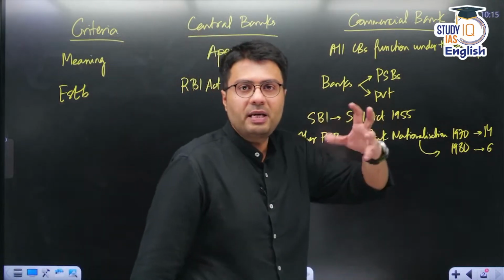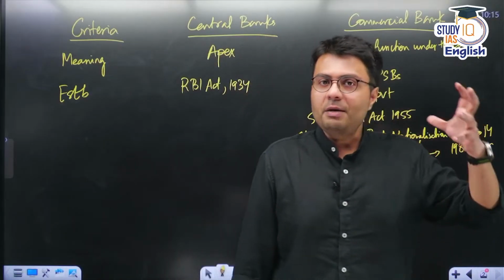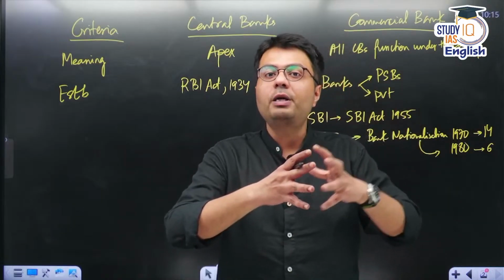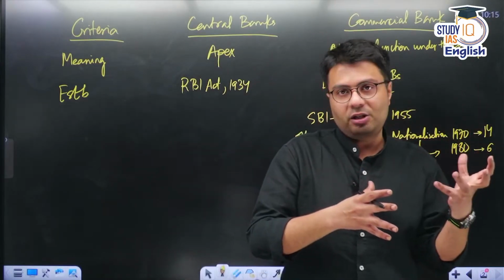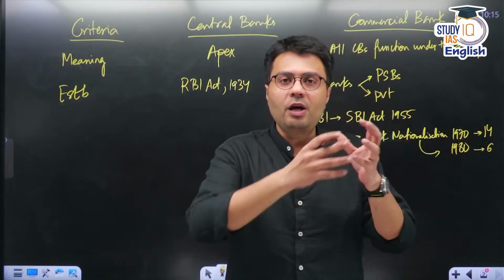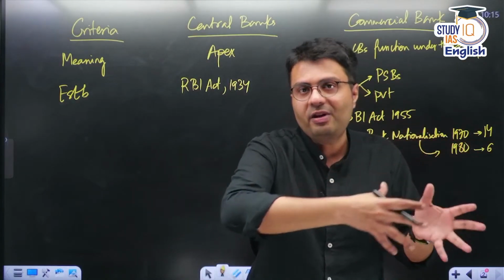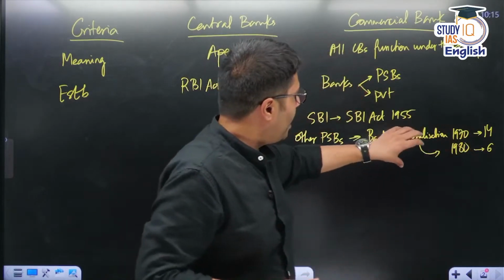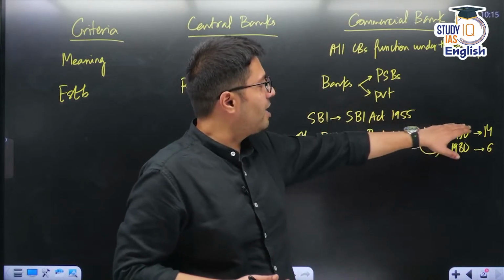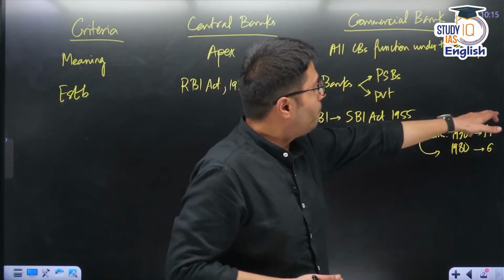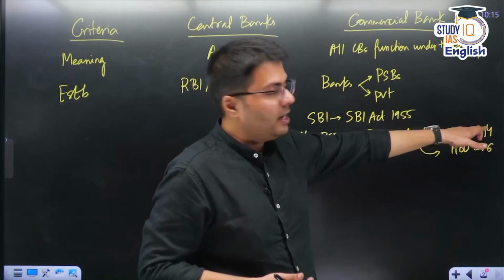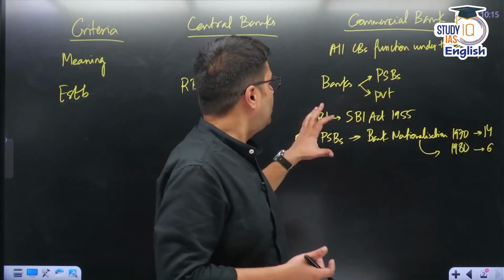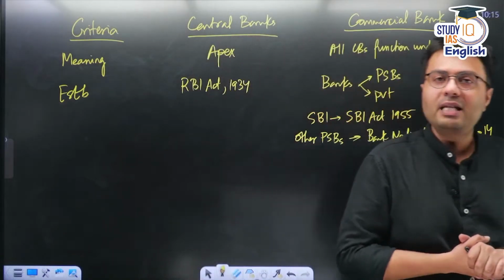Now, nationalization is basically the opposite of privatization. In privatization, you sell the ownership of a company which earlier belonged to the government to the private sector. That is called privatization of the company. On the opposite, if the ownership of any company transfers from private hands into government hands, that is called nationalization. So, at the time of Indira Gandhi, the Bank Nationalization Act of 1970 was passed, which nationalized 14 different banks in India. Similarly, in 1980, 6 different private sector banks were nationalized. So this is how public sector banks are set up.